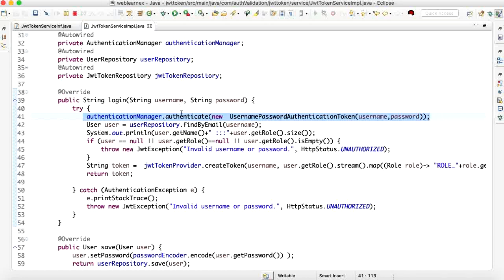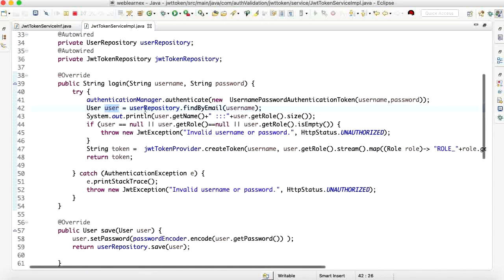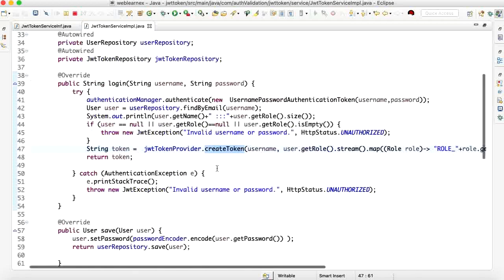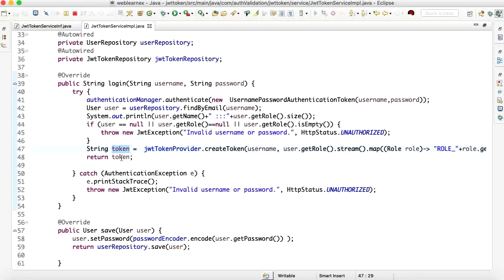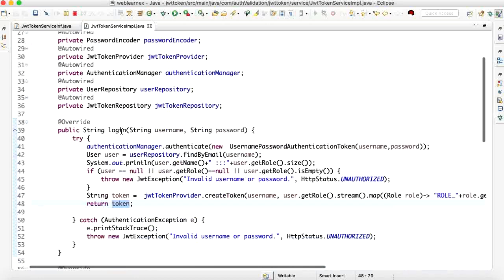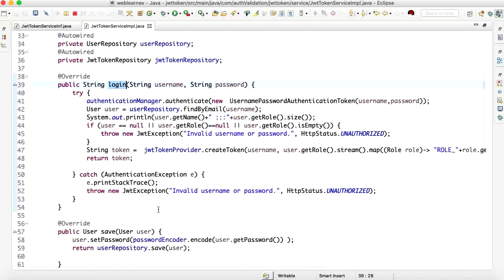Once authenticated, it finds the user information from the DB. If the user is valid in the DB, it will create the token for that user with the role and return the tokens. So this is the method to log in any user. When the login is successfully created, it will return the tokens.